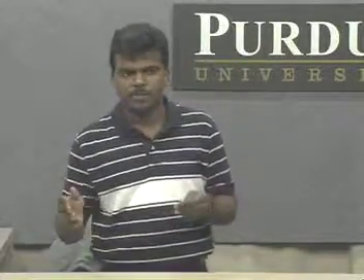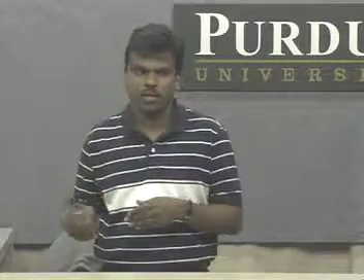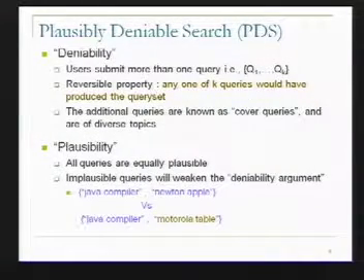Okay, second property is the plausibility. I'm going to issue not one query, but k queries. But what happens if all my other queries, the cover queries, are implausible? For example, Java compiler and Newton Apple. Okay, these are two queries that I'm going to submit to the search engine. But what about Java compiler and Motorola table? The second query, the Motorola table, looks like a completely randomly generated query, right? So implausible queries will weaken your deniability argument. So in this Java compiler Motorola table example, anyone who looks at these two queries will say, okay, Motorola table is out of the question, only Java compiler is